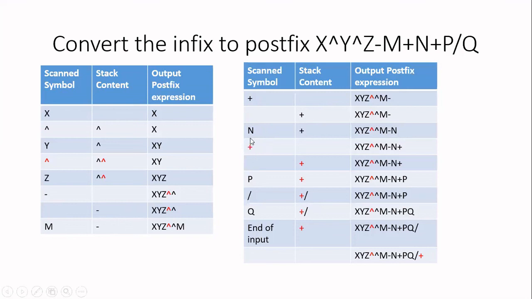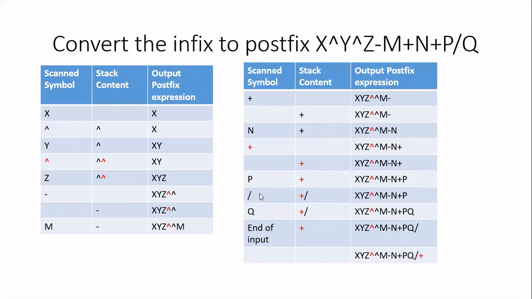Next, plus. When you get plus, now you can see on the top of the stack, I have one more plus. Both have the same precedence. So I will be checking associativity. Here associativity is left. So if it is left associativity, the stack symbol has more priority. So pop that first because this plus cannot sit on the top of it. So pop that black plus first, write it at the output. Then you can insert this new plus onto the stack. Next I'm scanning P. It is an operand. Since it is an operand, I am straightaway writing it at the output.